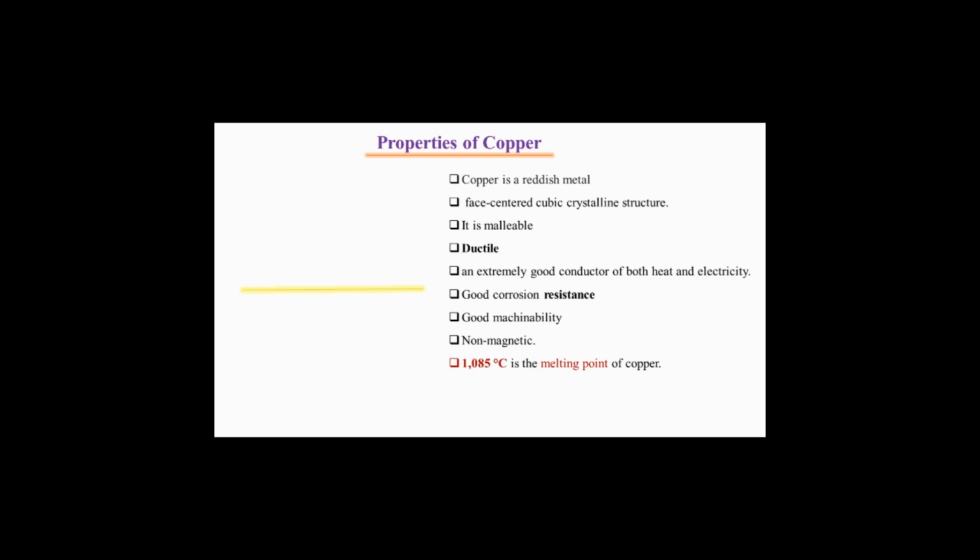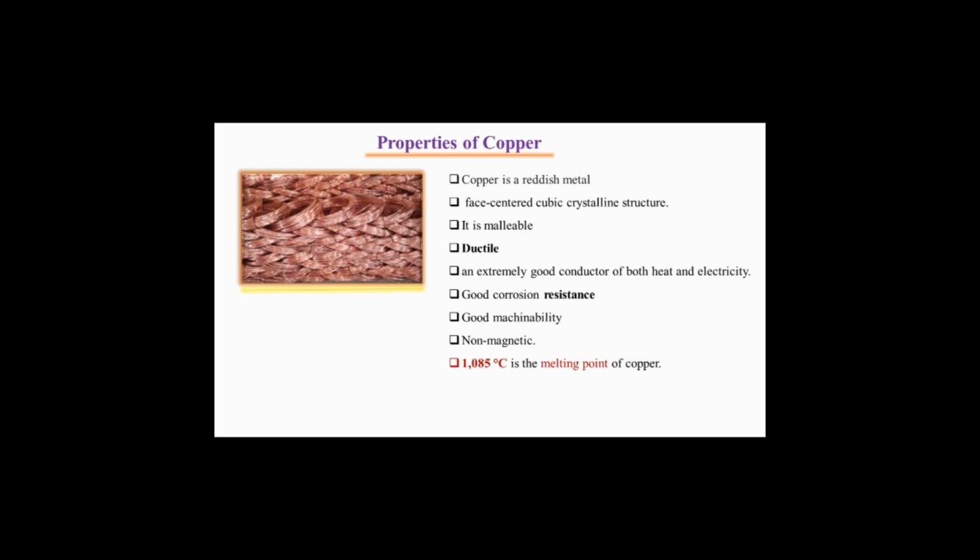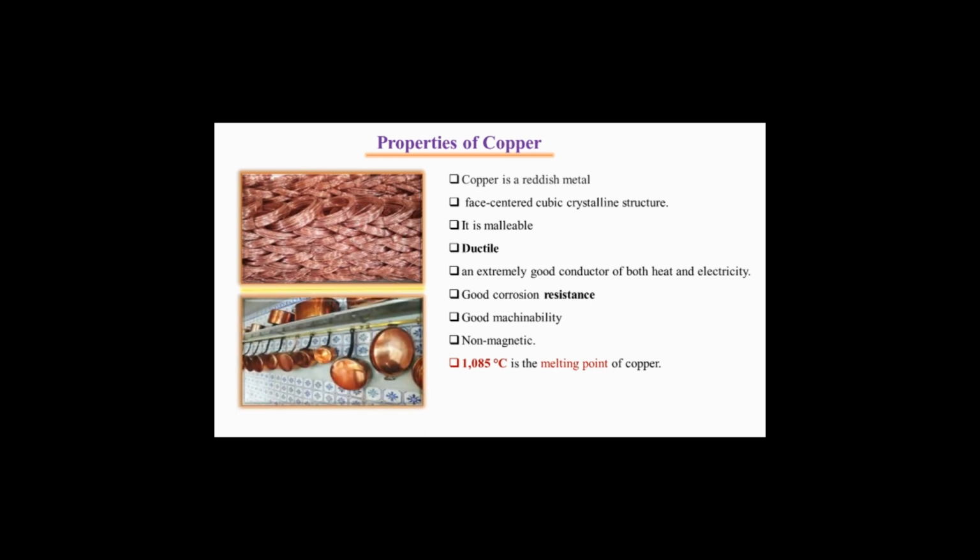Now I want to show you the actual images of copper that explain its applications. In this image you can see various copper wires placed over one another in the form of bundles. This is the application of the ductility of copper. The second image shows the household utensils that we use in the kitchen. This is the actual image of a kitchen where many copper utensils are placed in a series. So by seeing these two images we can see the copper wire and utensils, which are made of copper material.